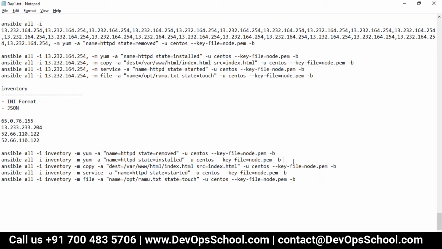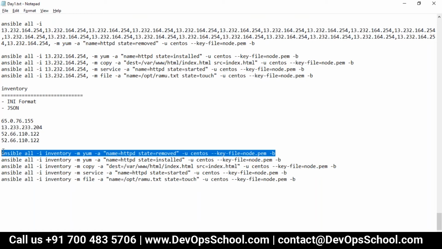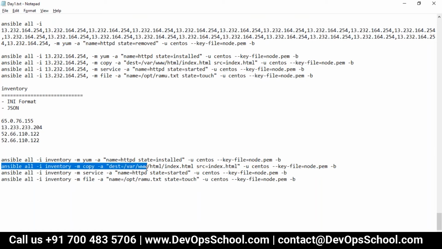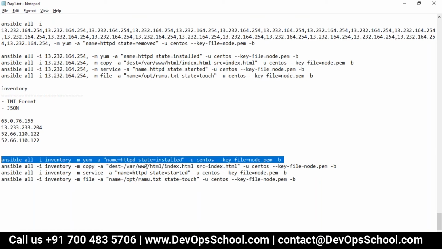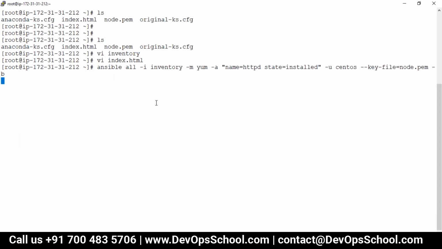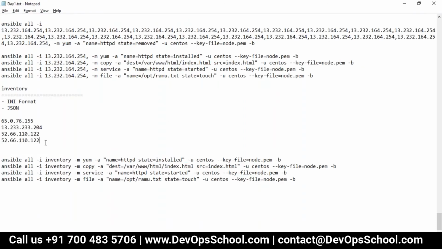Let me do that. I'm not going to remove it, by the way, since it would just be a waste of time. So I'm going to install it on all these 4 machines. See how simple it is. Ansible is so powerful. You put all the servers in the inventory file, use the inventory file instead of the command line, and you see all 4 machines got installed.